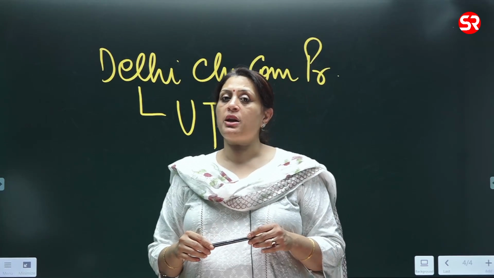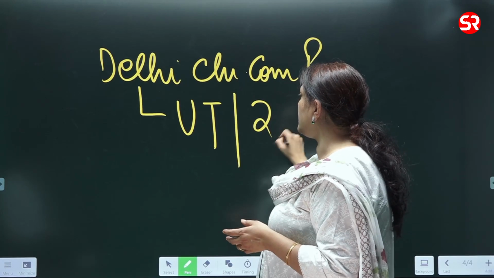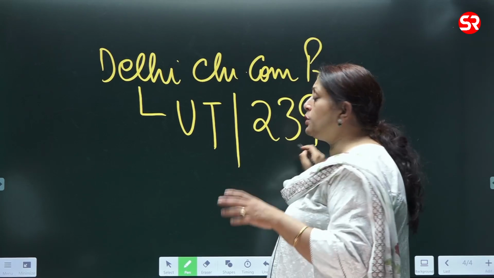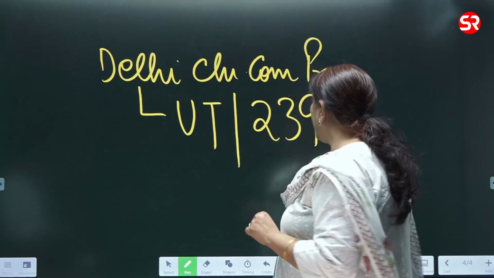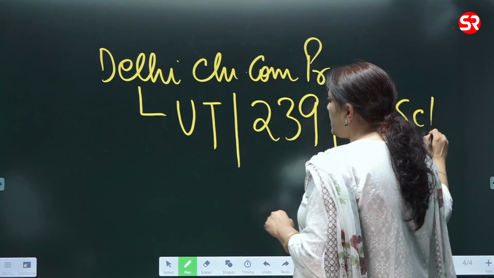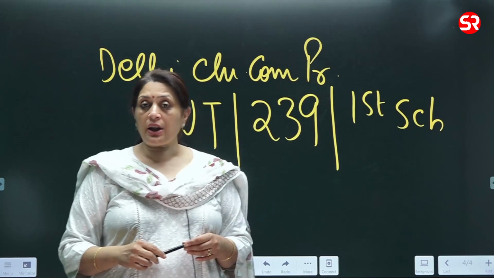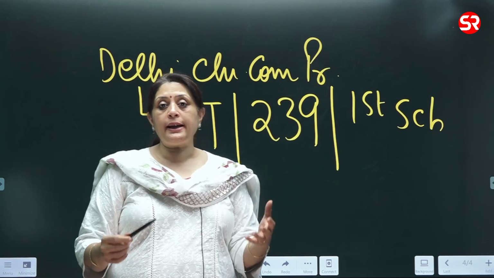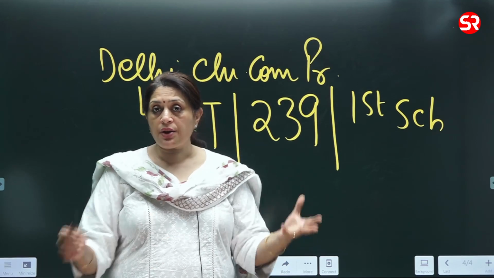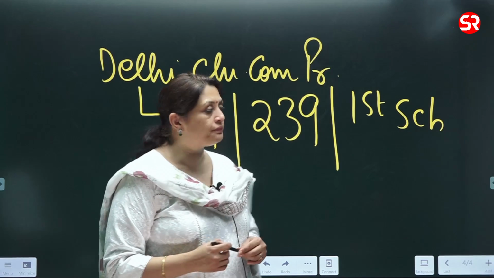Delhi is primarily a union territory. It is still a union territory. If we look at Article 239, if we look at the First Schedule, where does Delhi fit in? Delhi fits in the union territories, which means Delhi is a territory which is under the union's control. Now,